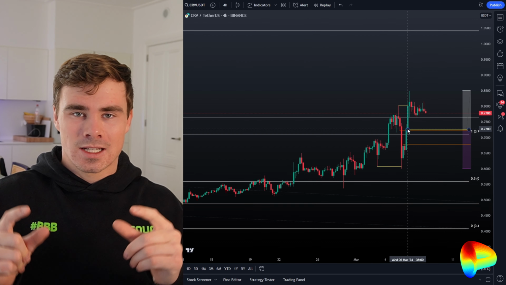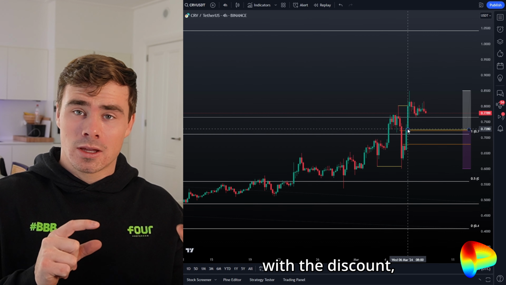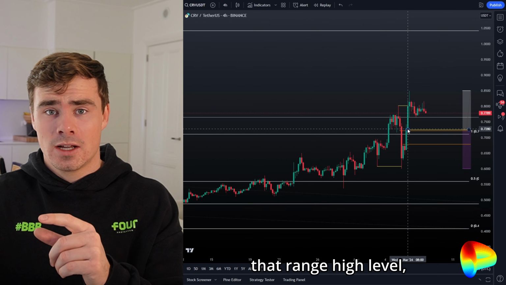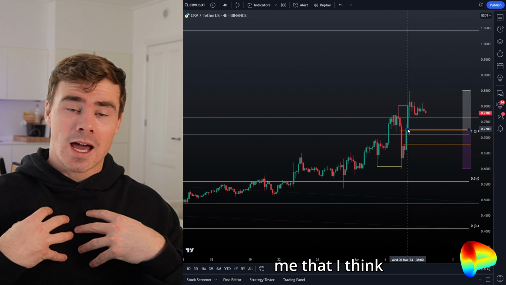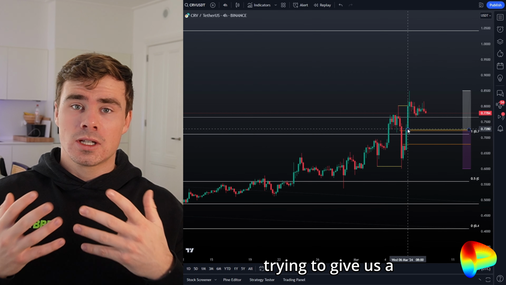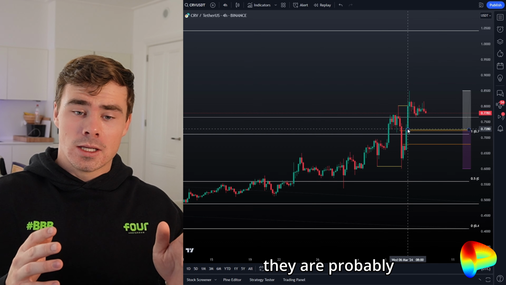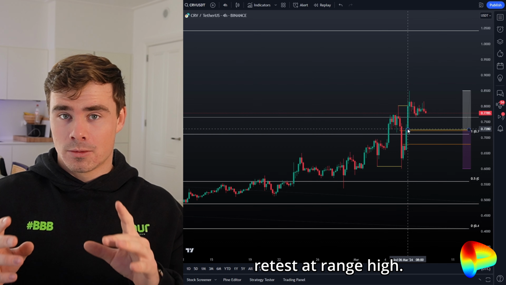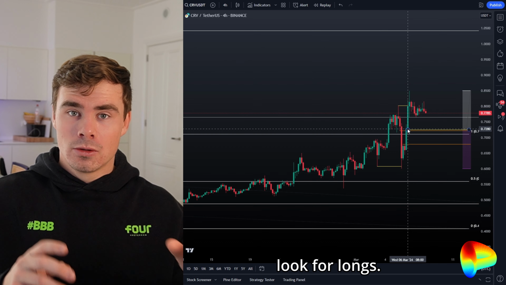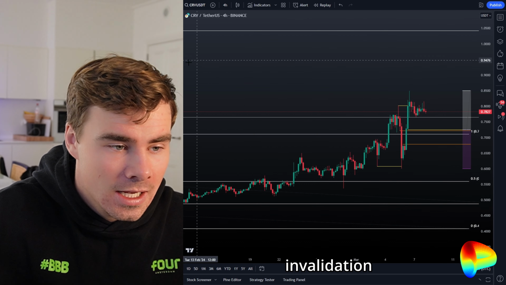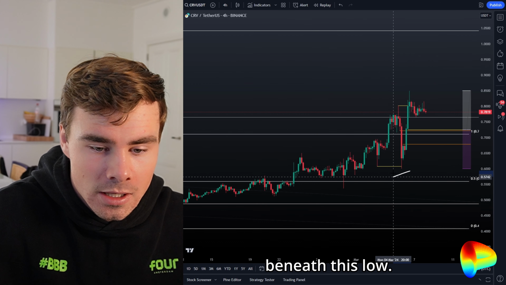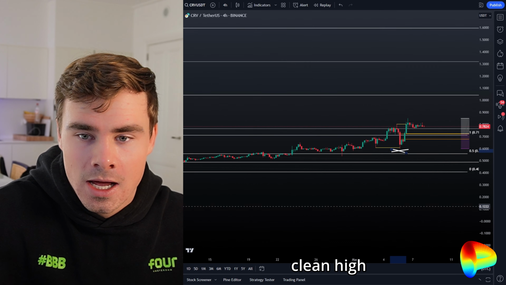That is not a coincidence. That they both exactly align with the discount right on top of that range high level is indicating to me that smart money is trying to give us a certain story, and that story is that they are probably, hopefully, I would say, going to retest that range high. That's where you look for longs. You have a very clean invalidation over here beneath this low, and you have a very clean high time frame